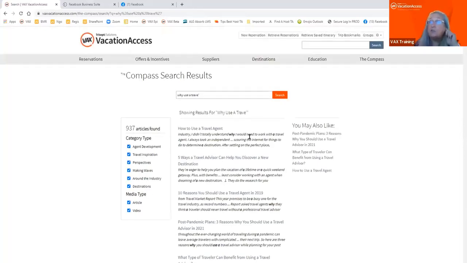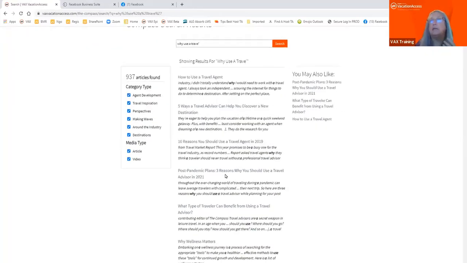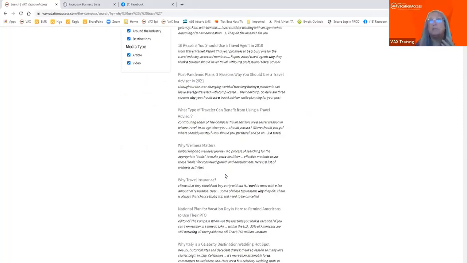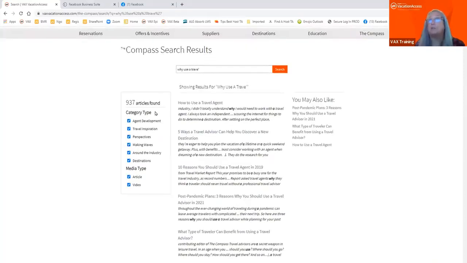Look at the articles that come streaming in. We can see several different articles, 937 of them to be exact, and just some of the top ones: how to use a travel agent, 5 ways a travel advisor can help you discover a new destination, 10 reasons you should use a travel agent.